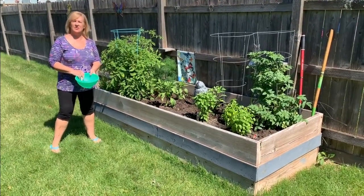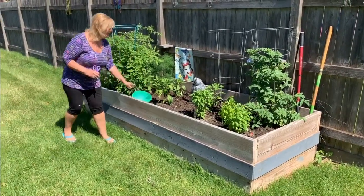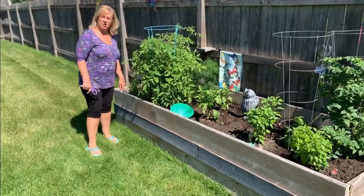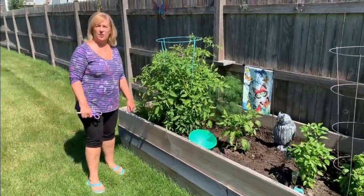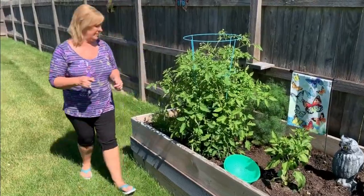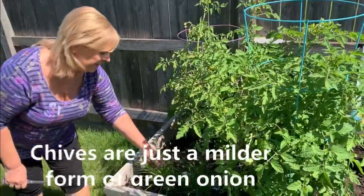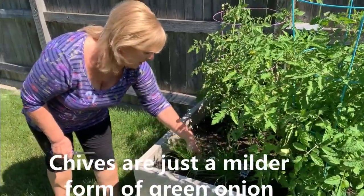I'm going to make potato salad today. So I'm in my garden, I'm going to pick some fresh herbs. I don't know about where you live, but I live in the Chicago area, so we don't get a lot of warm weather. So when we do have the warm weather and I'm able to have a garden, it's just thrilling for me. So you see I have some chives here,